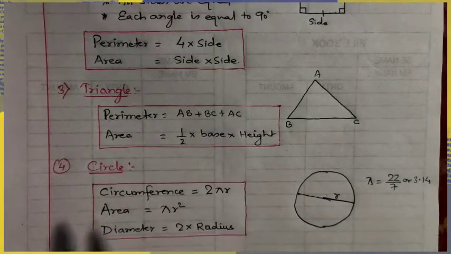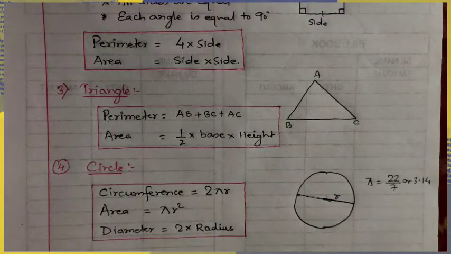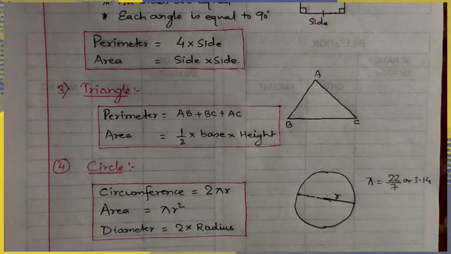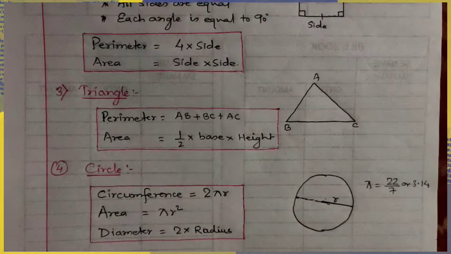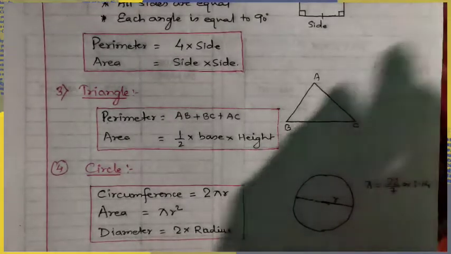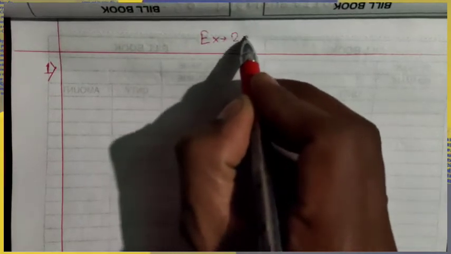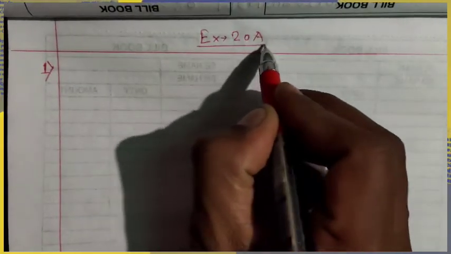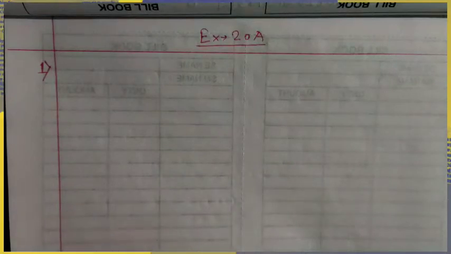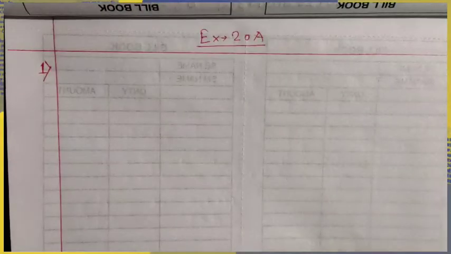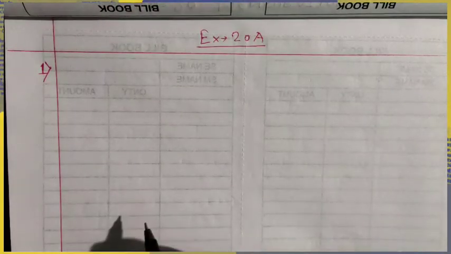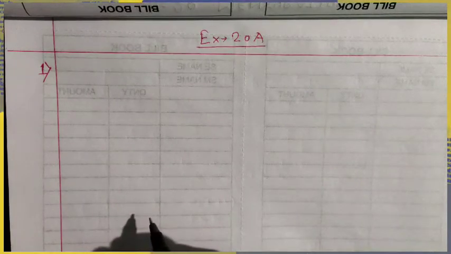Now the basic concept is given to you all, and now it's time to start the exercise. Now we are going to start the exercise of this chapter, that is exercise 20A. Now we are in the stage to start the exercise, and we are going to solve the very first question of this exercise, that is question number 1. Question number 1 says, first we will try to understand the question. Question number 1 is saying